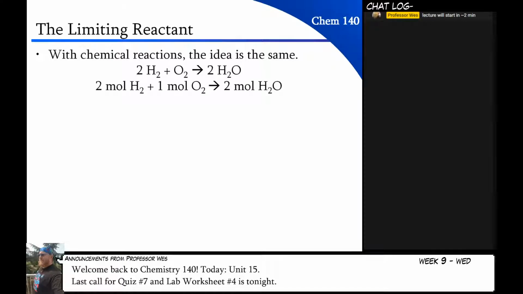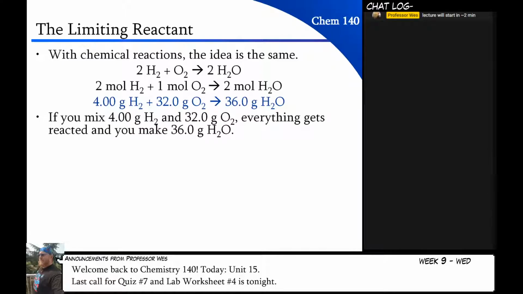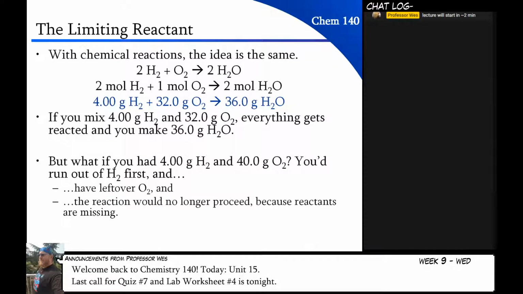So let's suppose that I do this reaction. 2 hydrogen and 1 oxygen makes 2 water. I can write that like this, which I can then convert into grams. So if I put in 4 grams of hydrogen and 32 grams of oxygen, I will make 36 grams of water. But if I put in extra stuff,